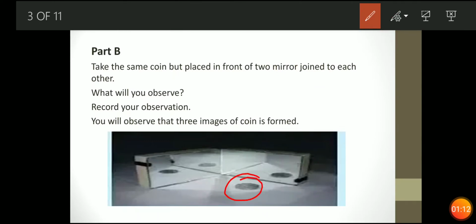You placed a coin over here, so it will show the reflection over here. It will show the reflection over here, but this will also show the reflection, because here the light ray also bent. Here the light rays also reflect because there is a mirror junction, the mirrors are joined, so a mirror is available there. That's why, through the reflection of the mirror there, an image of the coin will also be formed. That means you will get 3 images of the coin.